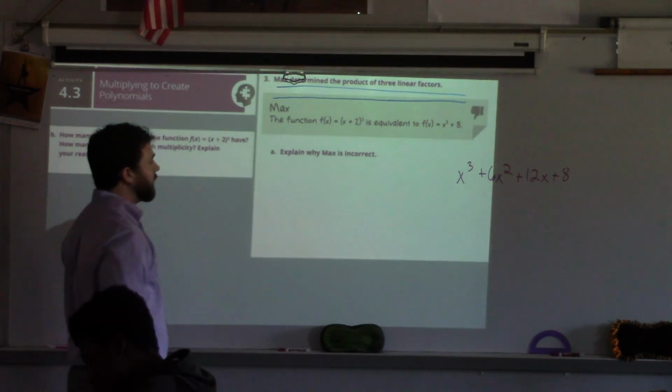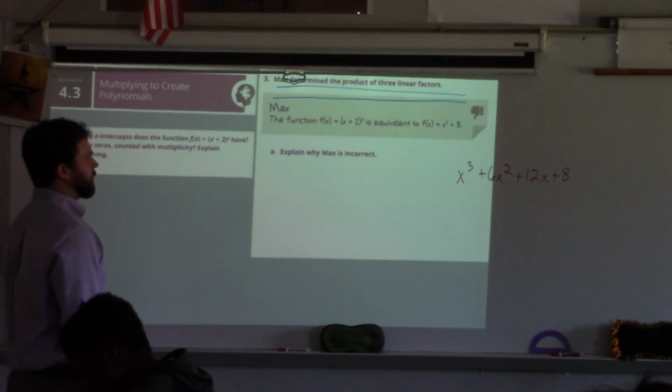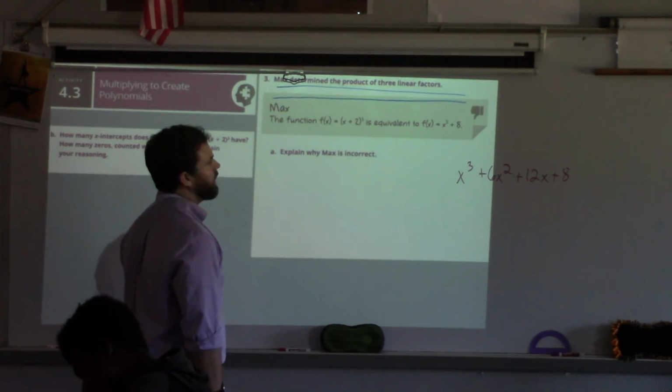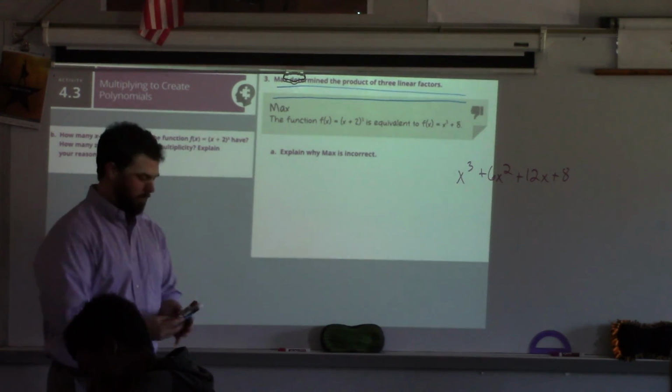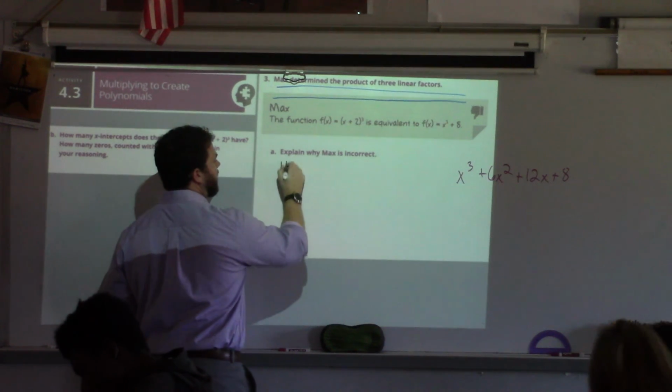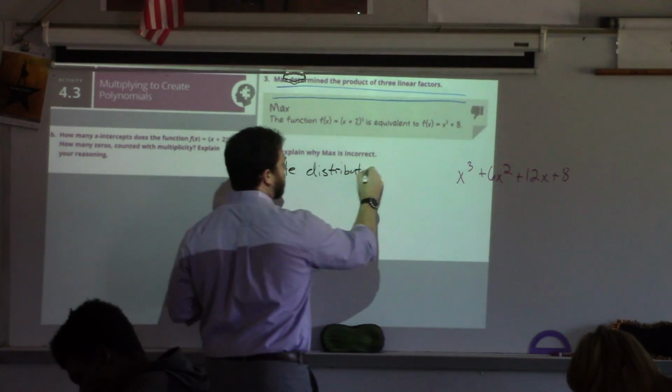So, we already addressed this a little bit. Max determined the product of 3 linear factors. X plus 2 cubed is equivalent to x cubed plus 8. Is he correct? No. No, why not? He distributed, and this is an important thing, he distributed the what? The cube